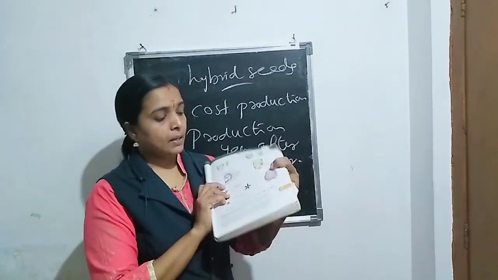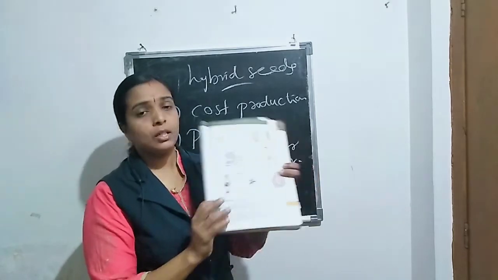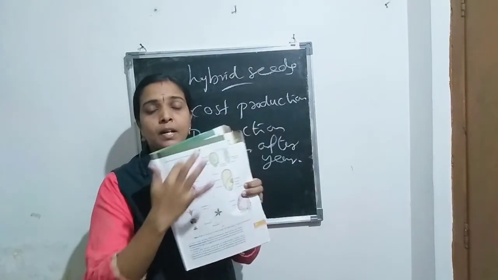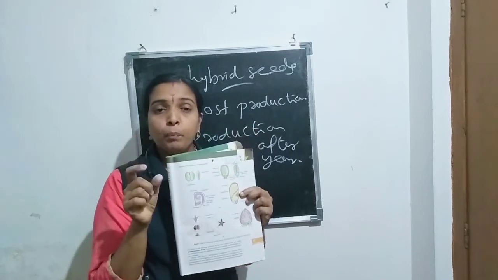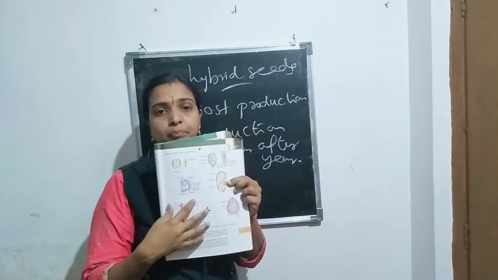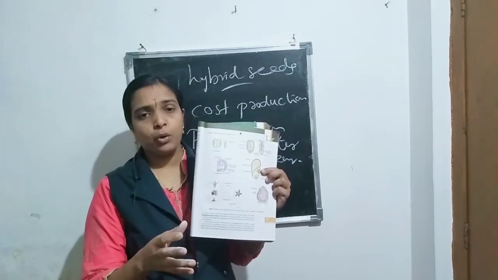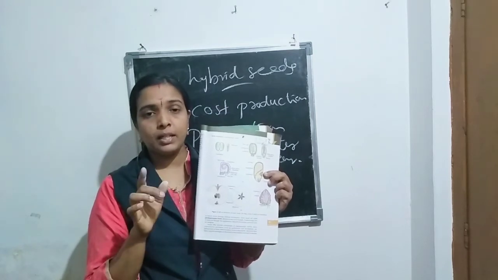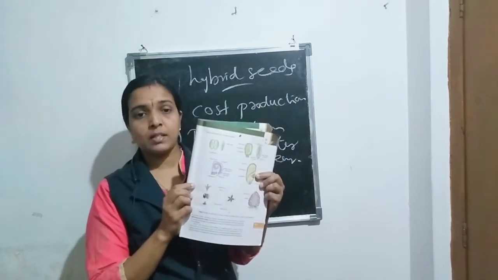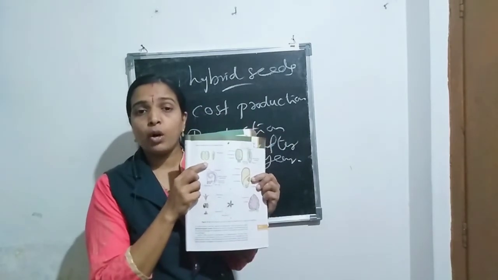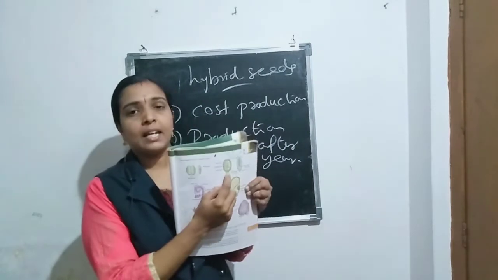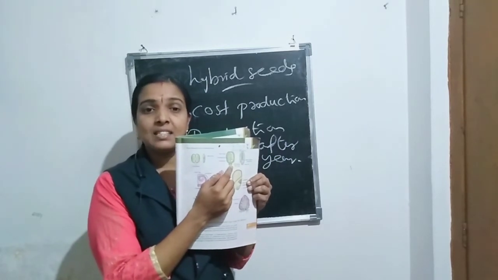This is page number 37, figure 2.15. Many seeds and fruits are there. All of you please note down. The names of the seeds are not there, so you can note them down in your textbook. That's why I am taking this textbook. First seed is pea seed. Note down pea seed. Then second, this seed is castor seed.